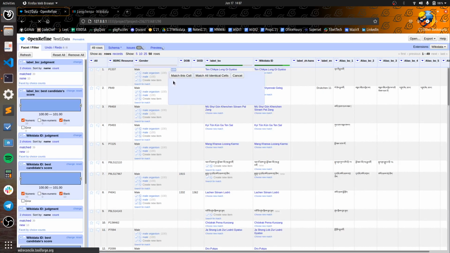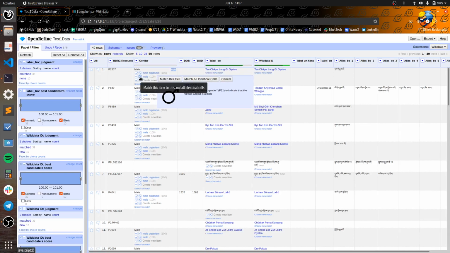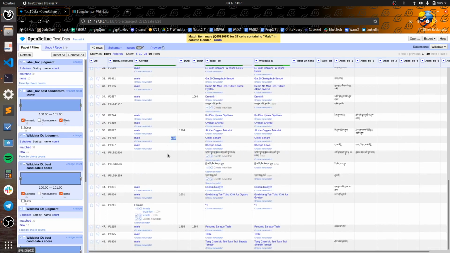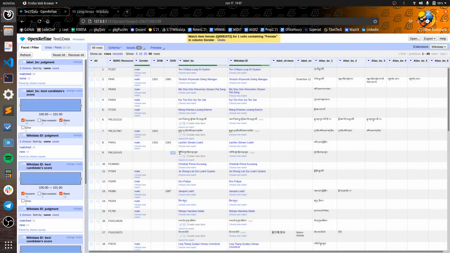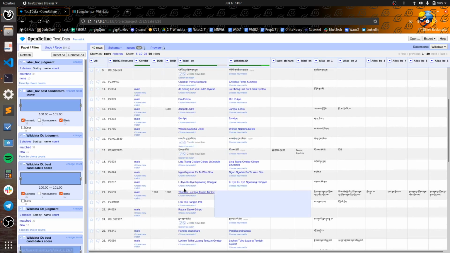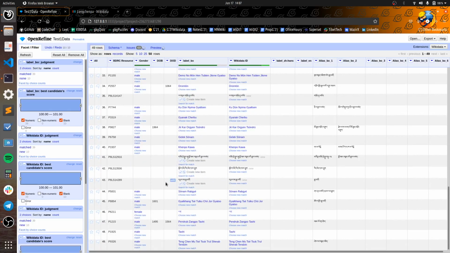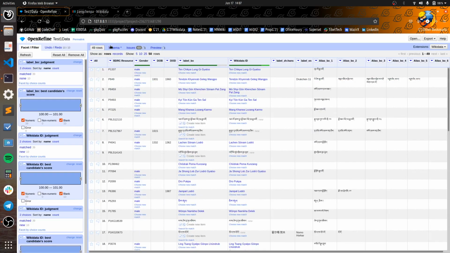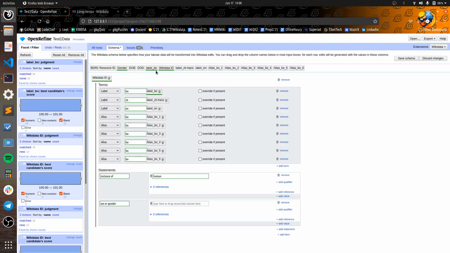Now once this has been done, we can see the reconciled column. We need to select male, and this double click means it will select it for all the cells. Now it has matched 37 cells as it says. I had one female, for which I'll go ahead and select the female entity to be matched with, and for whichever entity we have gender, we see that it has been reconciled. So we'll go back to our schema, and in our sex or gender column we'll add the gender.